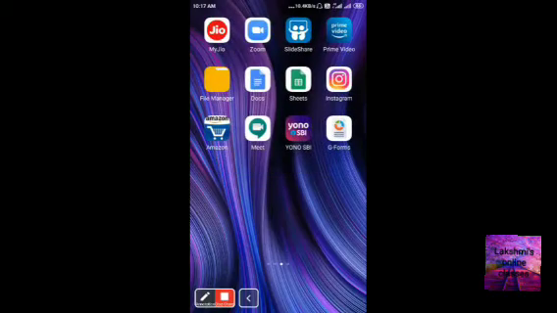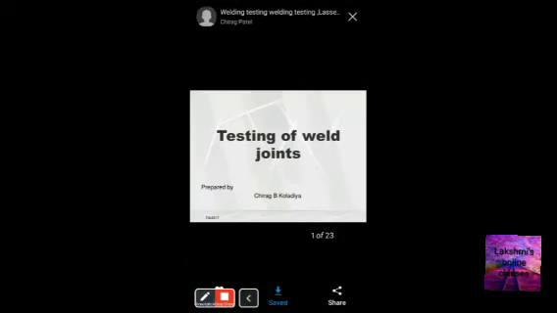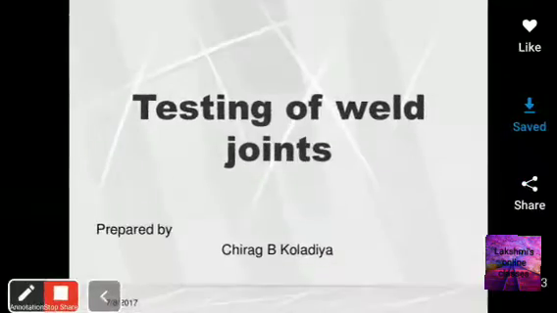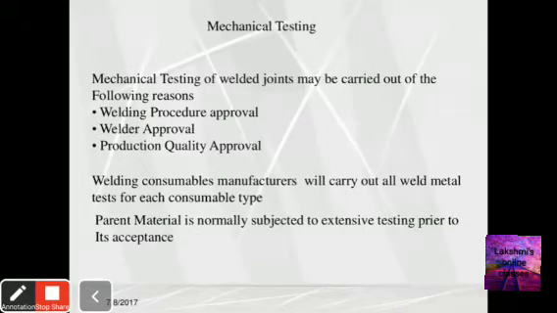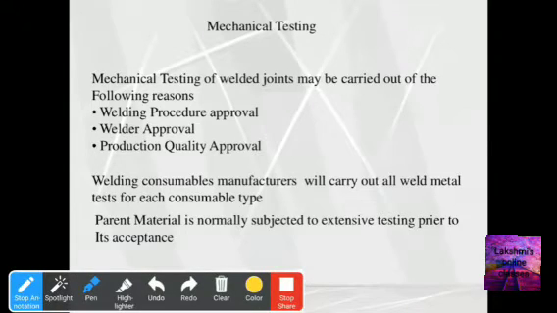So let us move into our topic. This is destructive testing. In destructive testing, we have so many tests: tensile test, shear test. The mechanical testing of welded joints may be carried out for the following